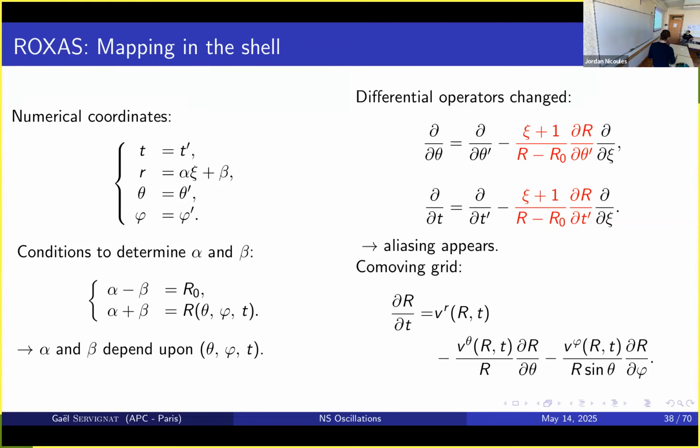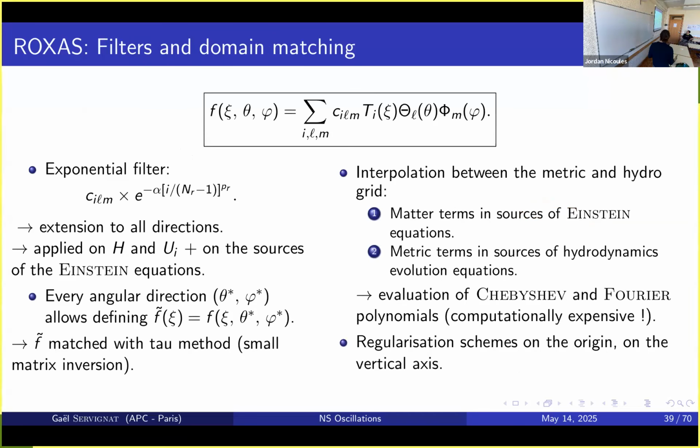Then you have to introduce, to do this mapping, more equations. What is important here is that this mapping, once again, makes these kinds of terms appear in the differential operators, and this introduces aliasing. If you remember, I introduced this a long time ago. But we have to cure this with filters that I'm going to show right after, and there is a co-moving grid. Once again, the grid will exactly follow the radius of the star, which introduces an additional partial differential equation. And this one is actually fine to do. Right, so you have to use filters, too much text in here.